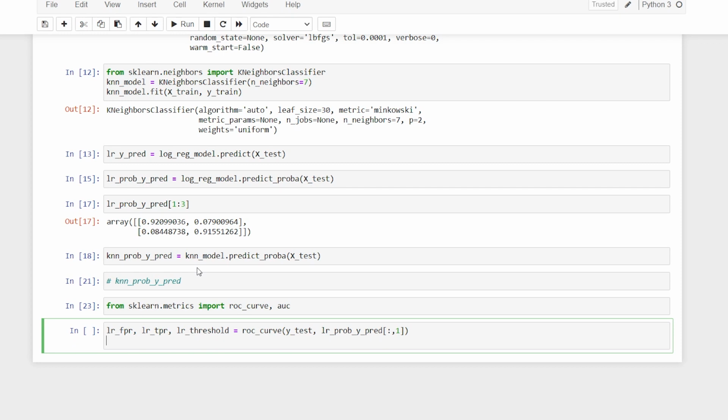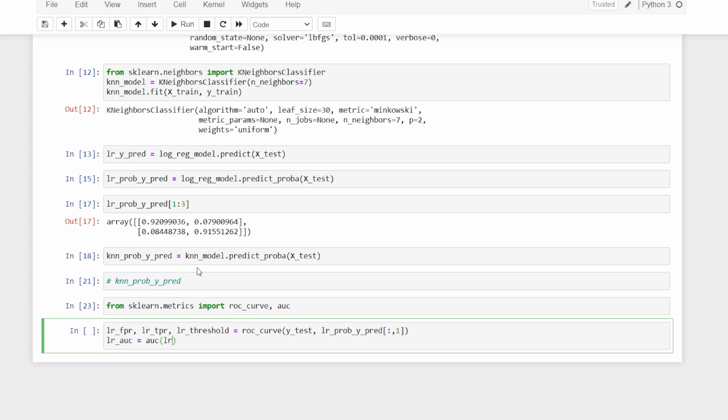Later on, I have to make an AUC curve, the area under curve, which is going to give me the estimate of which classification algorithm I am supposed to select. So I'll say LR. I could have made very big variable names, but at the moment we are just focusing on simplicity. So LR AUC, or I can say LR area under curve like this. Let us keep this very simple at the moment because this is very basic stuff. And here I'll say auc, and this takes parameters.